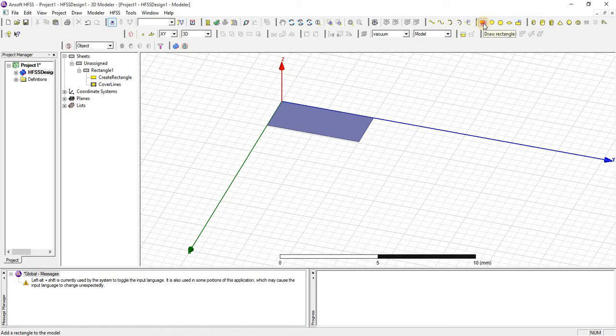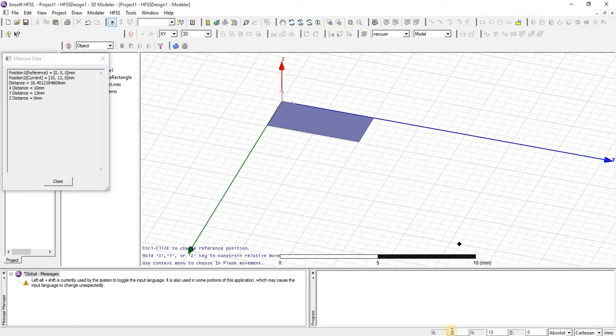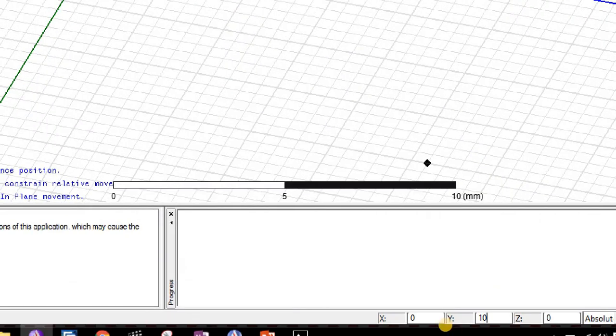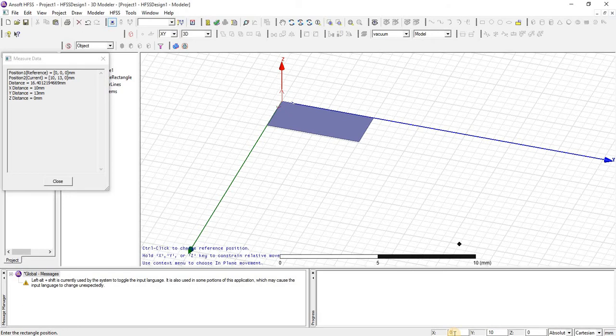First click on rectangle, then set the first x value at 10 and y at 10. Just click enter. Here the starting point is automatically set.